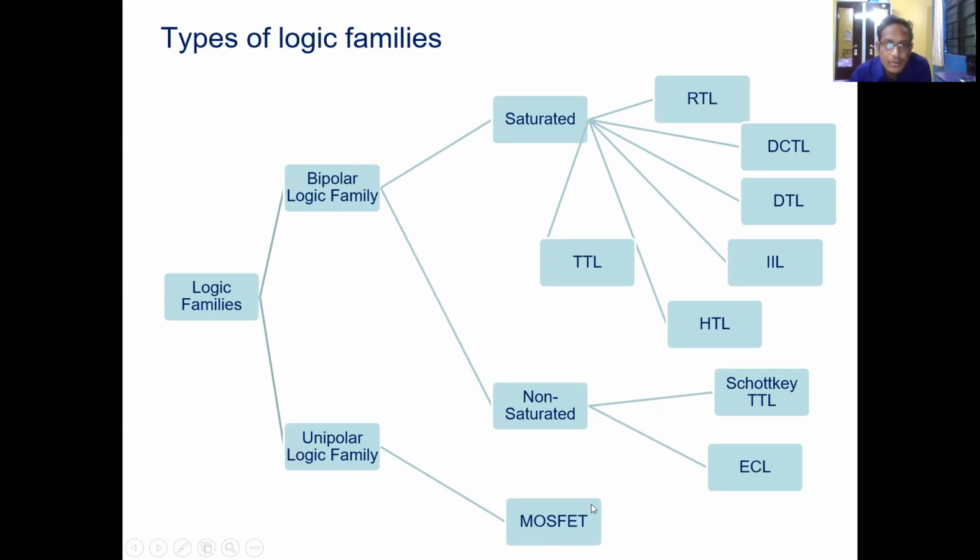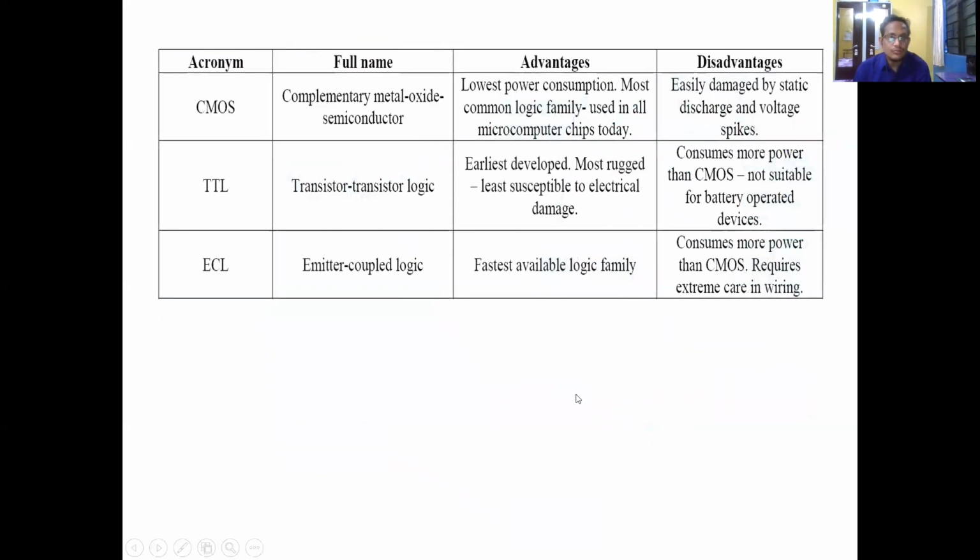Okay, always keep in mind, there are two types of logic family. One is the TTL and the second one is the CMOS. CMOS means complementary metal oxide semiconductor, and TTL is transistor-transistor logic. So TTL and CMOS are the two basic types of logic families, depending upon which type of transistor they are going to use for the construction of a typical IC. So this is called CMOS.